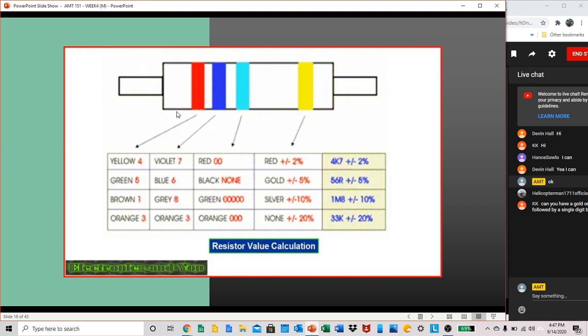So it's just showing you, here you're going to have your first band. Let's say it's yellow. In this chart, yellow as a single digit whole number stands for 4. If you had green, it would be 5. If you had brown, it would be 1. If you had orange, it would be 3. So it's giving you all these different examples of what that would look like with different color bands, and showing you your first color band would be in this row, your second color band would be in this row, and your third color band, your multiplier, would be 10 to the second power, which would be 100, and then